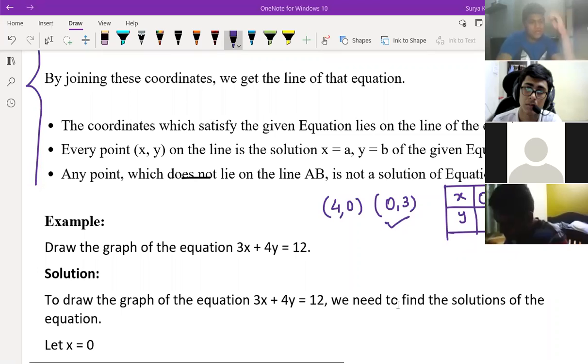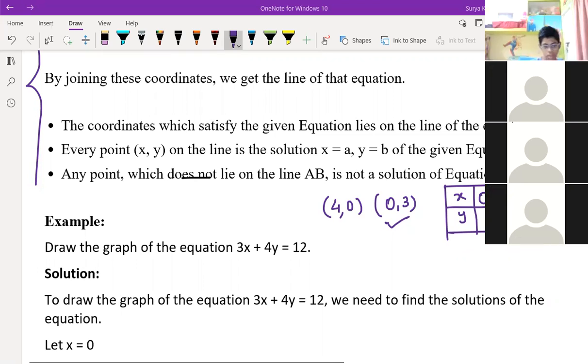Satvik, I'm just asking you, if x is equal to 0, what are you getting for y? You tell me. 3. How did you solve it? Tell me, I'll write it over here. How are you getting 3? Sir, when we take the y3, then we join the y3. Y3, I'm not asking. How are you getting y is equal to 3? That I'm asking here. Suppose here x is equal to 0. You are saying you are getting y as 3, right? Sir, I didn't get the question properly. They gave 3x plus 4y equals 12, sir. Yeah, we have to make the graph of this equation. That's it.